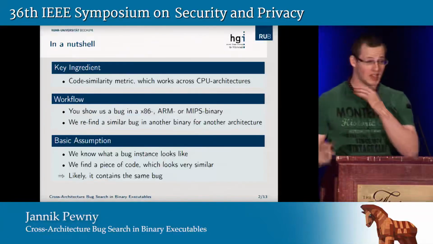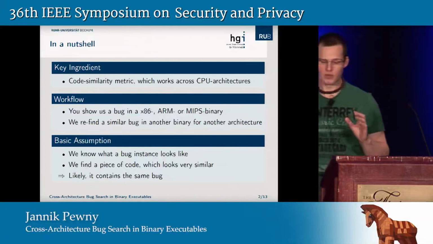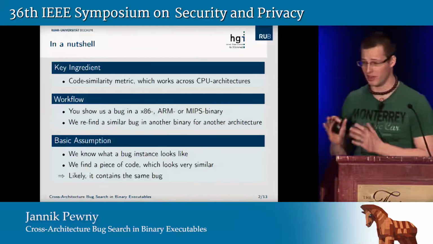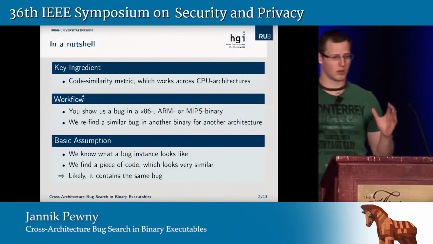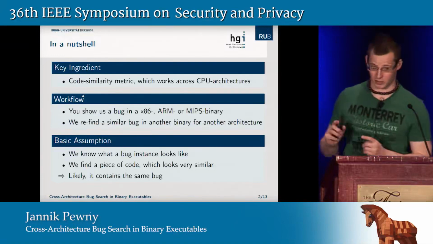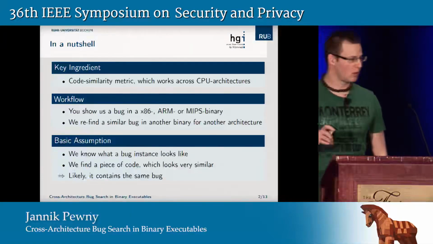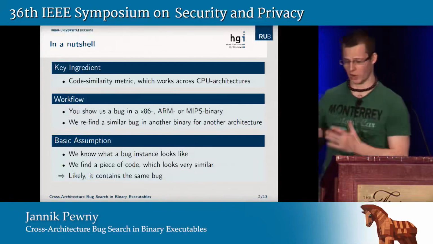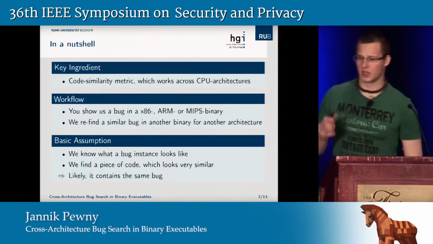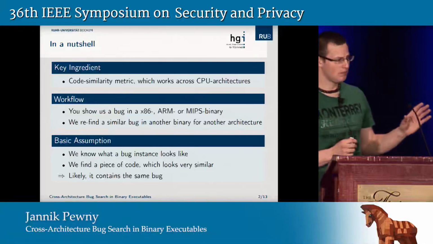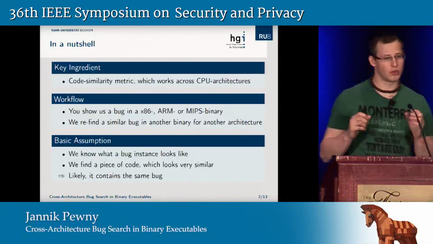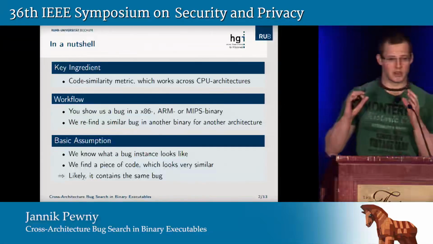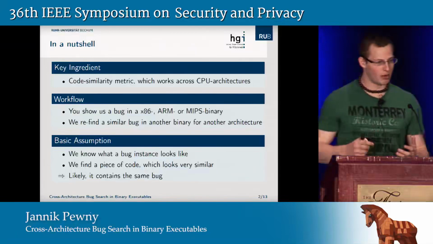OK, here we go. Key ingredient, code similarity metric. As said, if you are asking yourself why are you doing all this pre-processing, it's to set up this code similarity metric. If you don't know how we are looking for bugs, it's with that code similarity metric. The basic workflow is you show us a binary in either x86 or MIPS or ARM, unobfuscated, that is. You pinpoint us to the exact bug location, and then you give us another binary, and we will try to re-find the same or very similar bug in that binary, which may be compiled for another